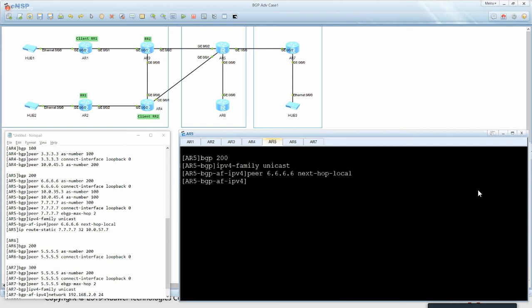So what I'm going to show you from here is I need to go to router 5 to do the aggregation. All right, so on router number 5, I go under the BGP point. I specify the aggregation to make sure that they receive only the summary route. So I put the aggregate